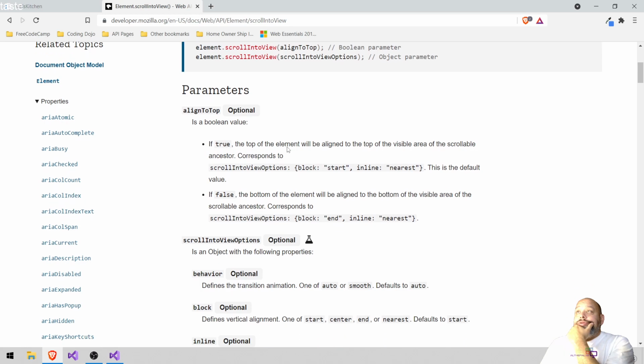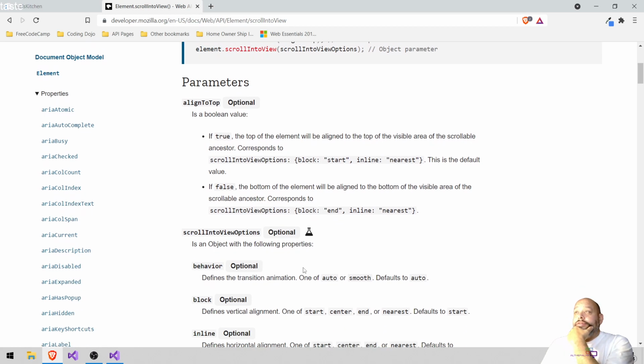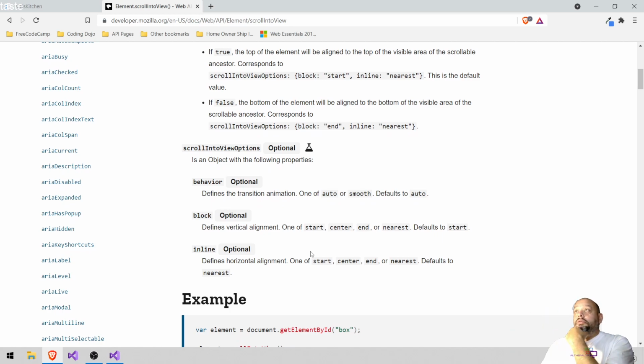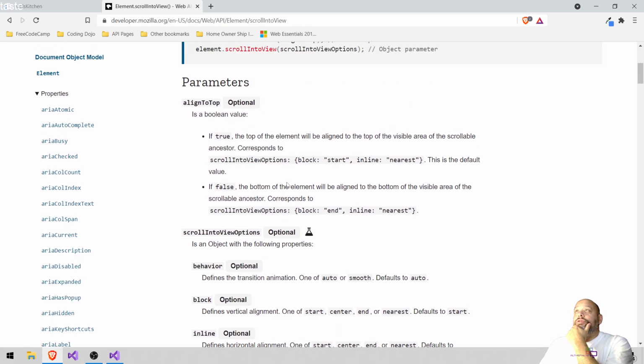Let's go into view, optional behavior, one of auto or smooth, defaults. So block. So yeah, smooth. I don't know why auto is ever a default. Block optional, no. So what we're gonna do when you do scroll into view options, we have to put that in. So we gotta put true, comma, and then this stuff in. But I just want to see if there's a way I can make it